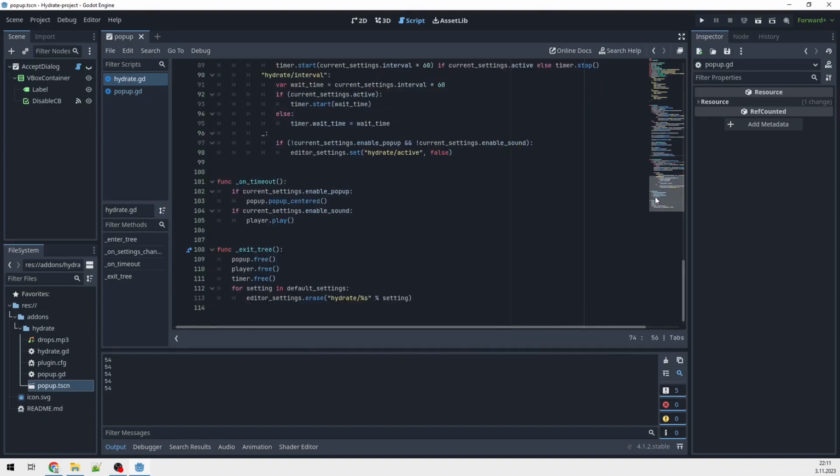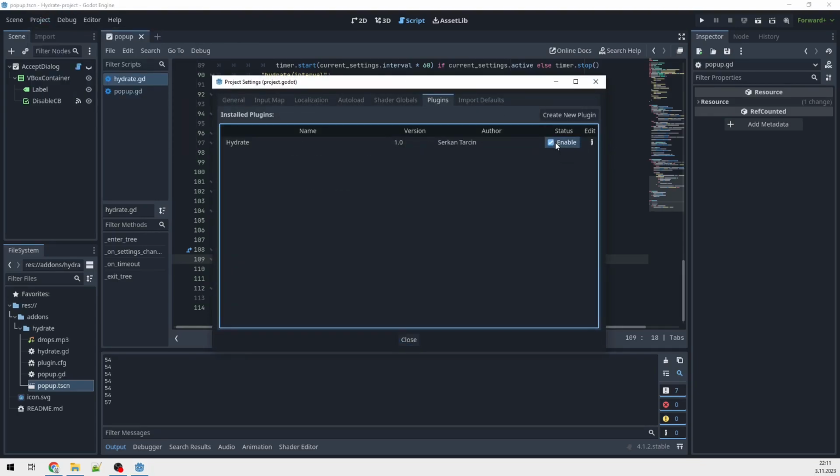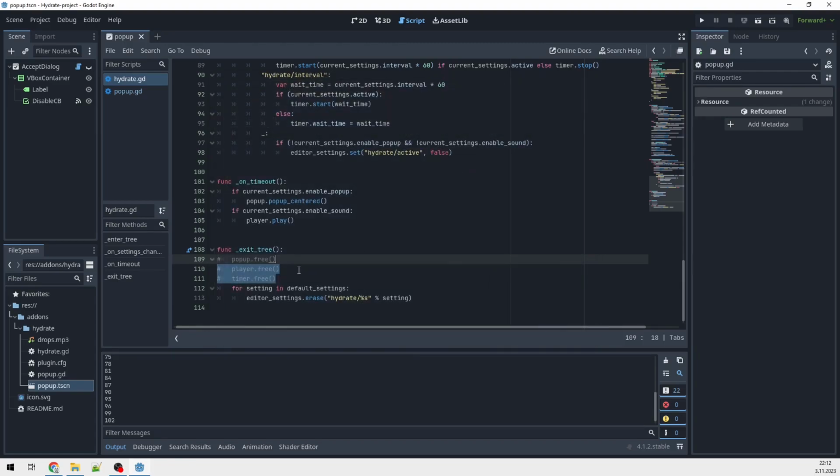But if you don't do this, if you don't free our pop-up, our sound player, our timer, every time we enable the plugin, the number will change. We are not removing our resources, and it is just adding up. So we shouldn't do this. And the other thing is, right now